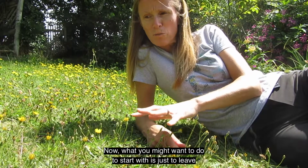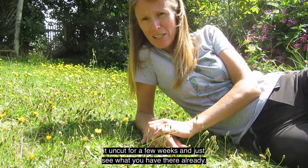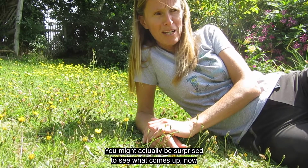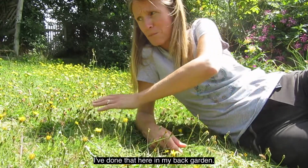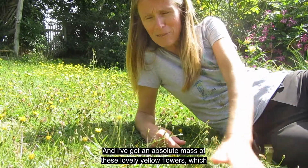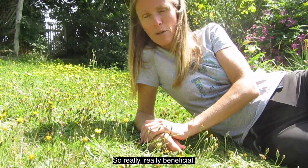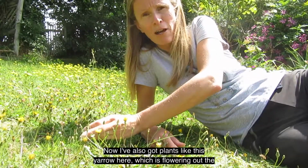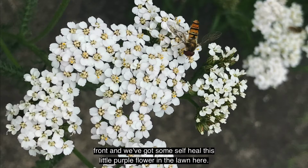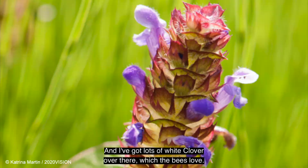Now, what you might want to do to start with is just to leave it uncut for a few weeks and just see what you have there already. You might actually be surprised to see what comes up. I've done that here in my back garden, and I've got an absolute mass of these lovely yellow flowers which are hawkbit, and in the sunshine they're often covered in hoverflies and all kinds of different insects, so really, really beneficial. I've also got plants like this yarrow here, which is flowering out the front, and some self-heal, this little purple flower in the lawn here, and I've got lots of white clover over there